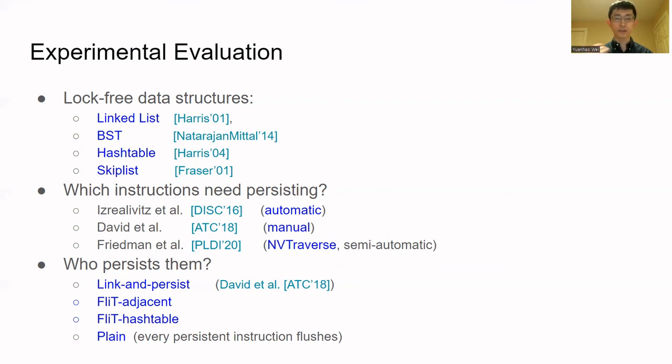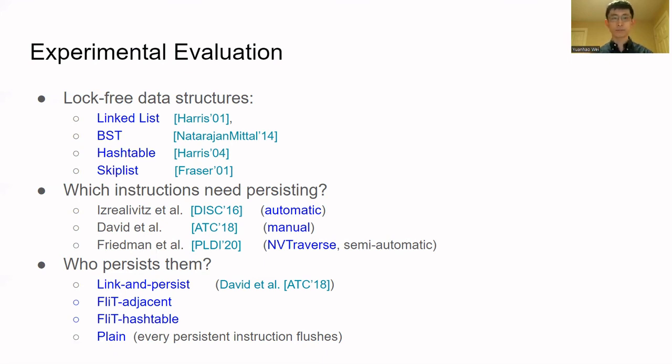So finally, for the last question, which is what our paper focuses on, we tried using link-and-persist, and also 2 variations of our algorithm. The first one is called FliT adjacent, which puts the FliT counter next to each memory word. And the second one uses a hash table of 1 million FliT counters. We also compare with the default solution, which is to put a flush after every persistent instruction. So each of these 3 categories are orthogonal to each other, and we tried all combinations of the 3